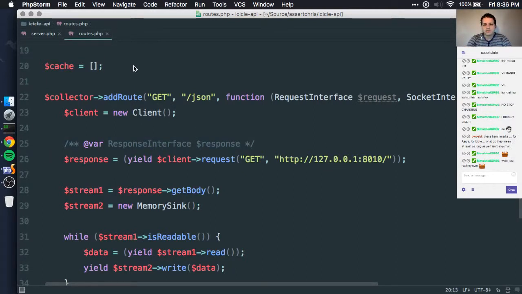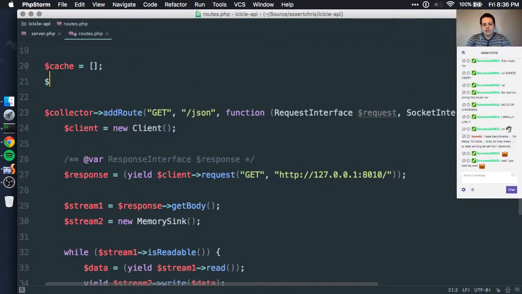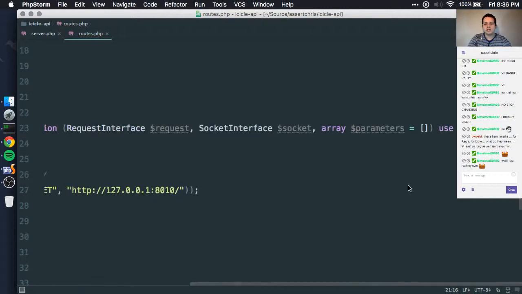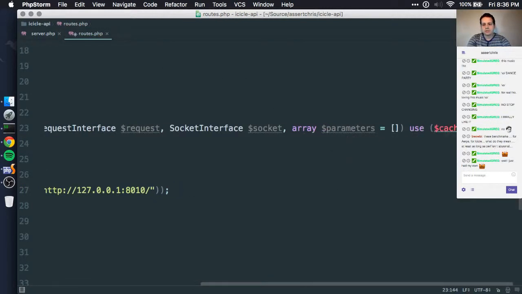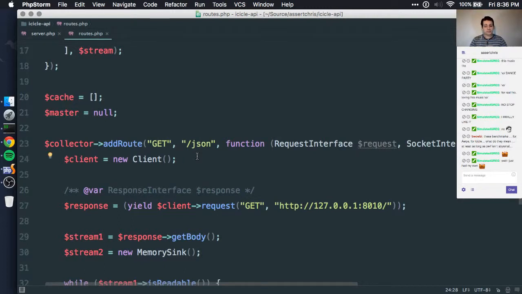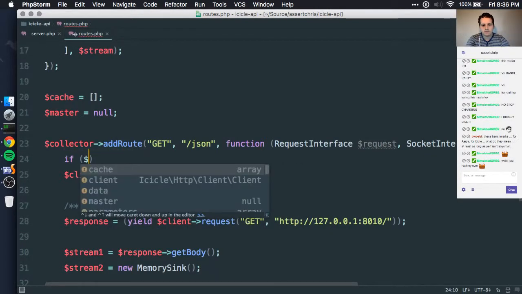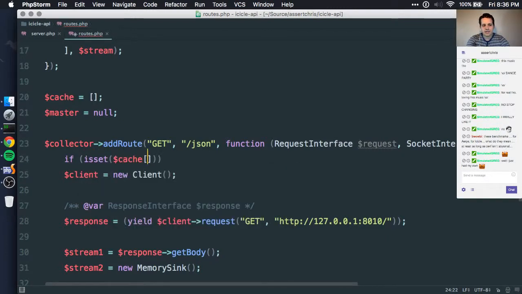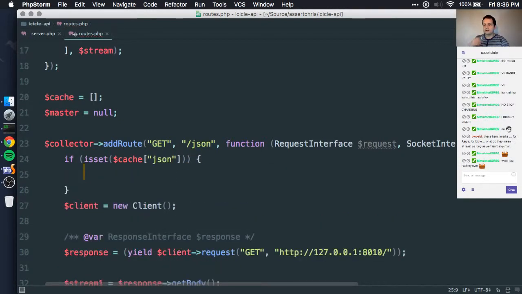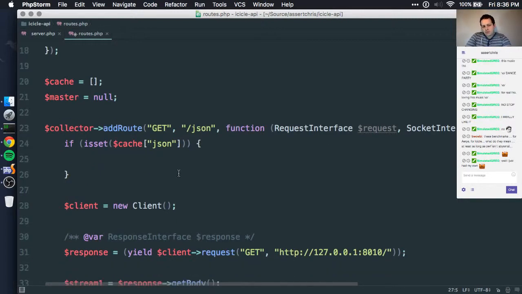What we want to have is something to say, okay, let's do something like requester or master. Let's call this master. Call this null, and we'll use this as well. So cache and master. Now, if we don't have cache for this, let's just say if is set cache JSON. And we'll give this kind of a unique key for this endpoint. So you probably want to find more interesting keys to give this thing. But anyway, if cache JSON is set,